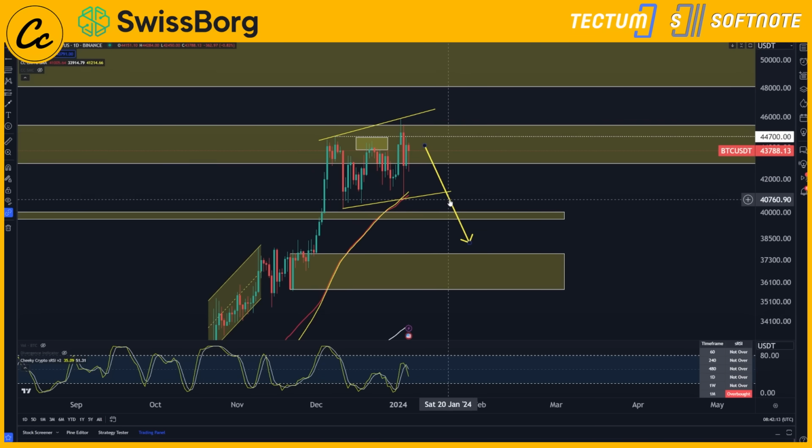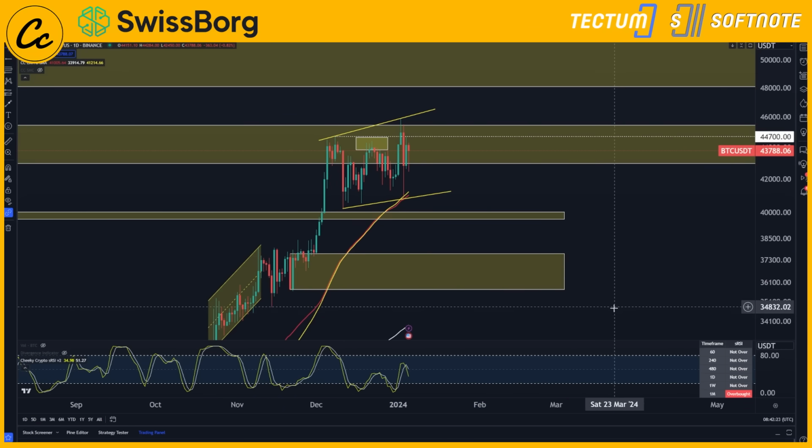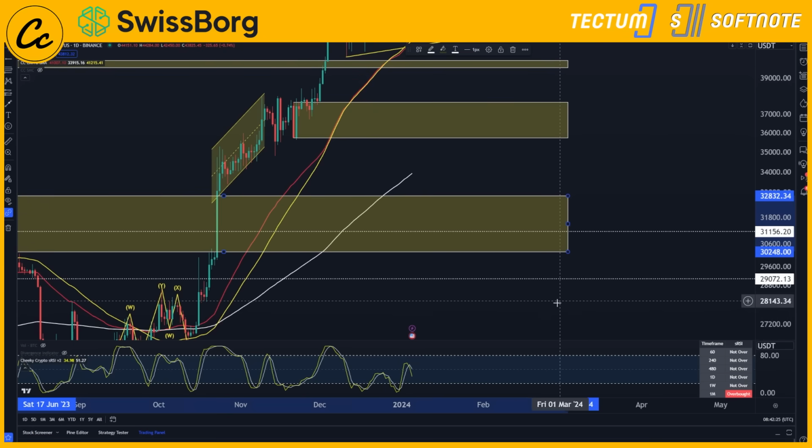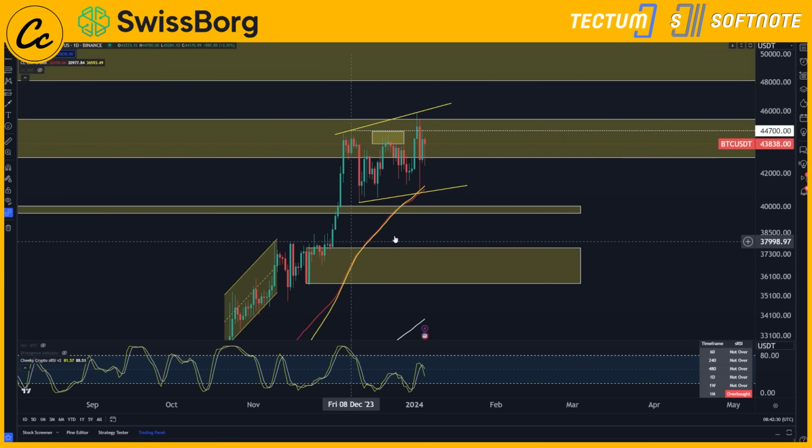I suspect we're going to be stuck in this range a little bit more before we finally do see that breakdown. Ultimately, we're looking at 40,000 to get lost. Once we lose that, we're going to be going down, in my opinion, to this area of consolidation, 35 to 37k. Lose that, then of course we're into the main range, which will be $30,000 to $33,000. That's going to be the key area for me, where I think we're likely to see the biggest moves in the market. So all in all, our daily time frame isn't looking overly great.